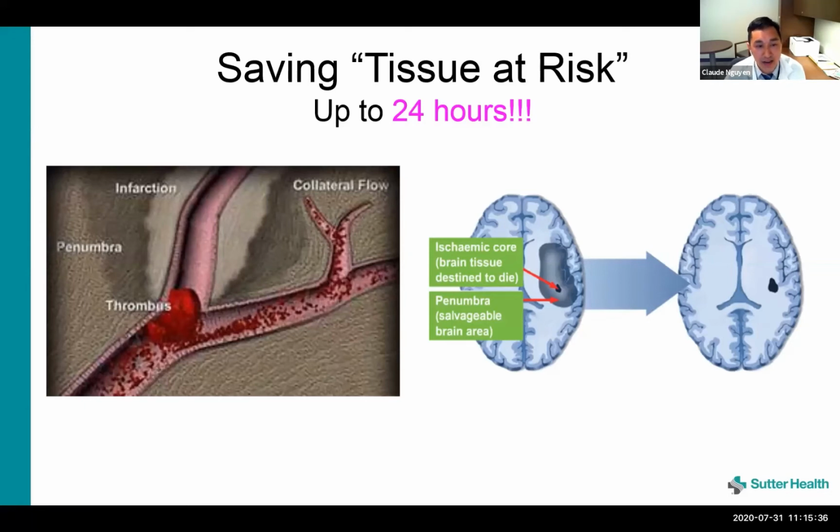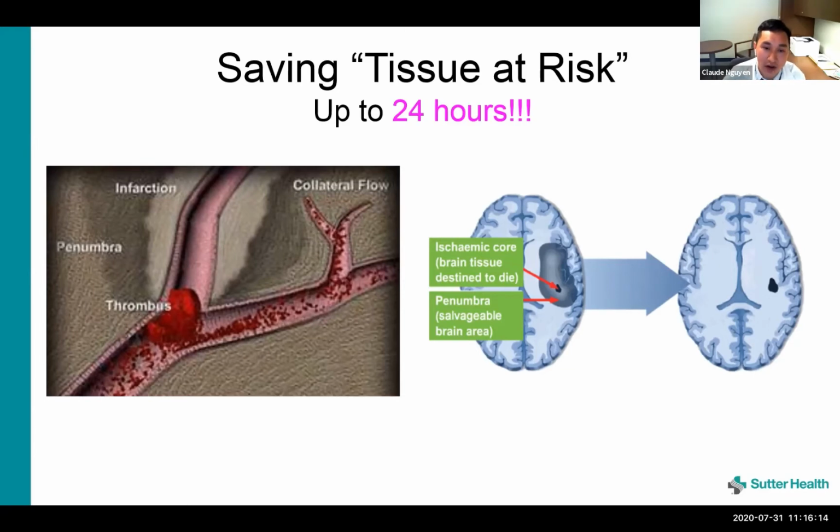But the issue is that if help is not sought in a quick manner, then those collateral arteries can give out, and that redundant supply can wear out, so to speak, and can lead to the stroke getting worse. And so the collateral supply is what allows the brain to sustain itself for a short period of time, but that short period of time is what we try to look for in order to give the therapies,